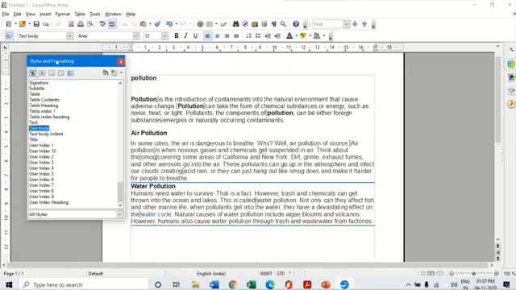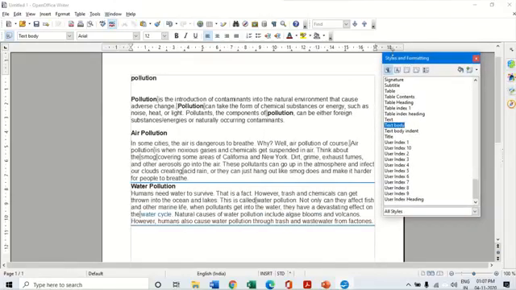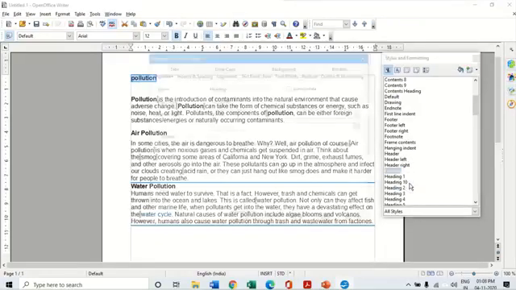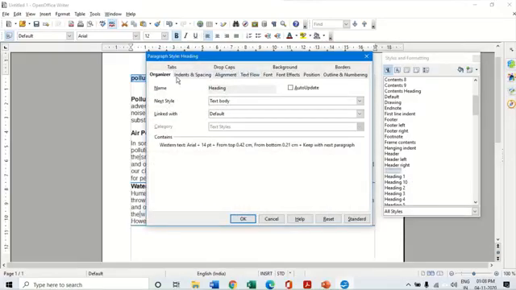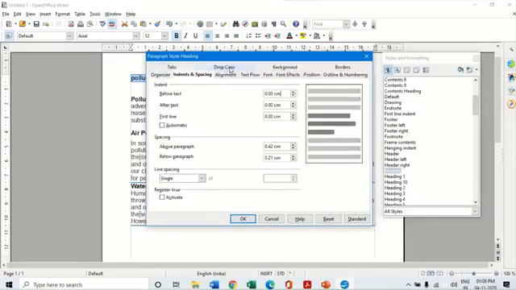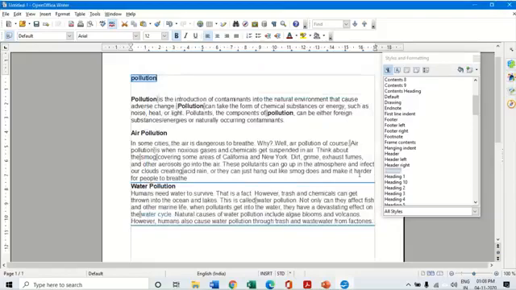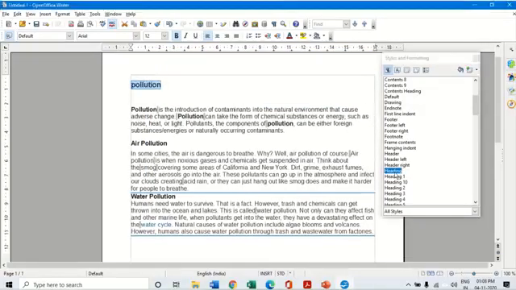Now here, if I click on paragraph style, I can give a certain type of paragraph. Here you see that this is all in alphabetical order, and I want to have a particular style. Let us take this, my main heading. I click on this and I click here, Heading. Now when I right click and click on Modify, it will tell me the different settings, how it is going to be, the tab stops, what is the border, what is the text style. All this I will get to know about this particular heading. Now here, if I double click on this, it will show me that this particular heading has been applied.